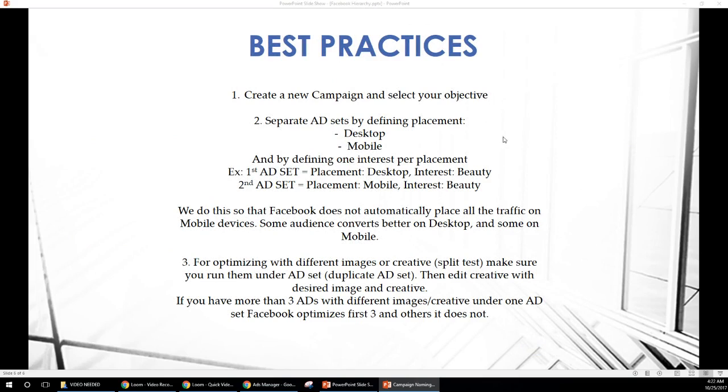That's pretty straightforward. However, you usually want to separate ad sets by defining their placement, right? Whether it's a desktop or mobile. The really important part about the mobile is that if you do not split test desktop and mobile, Facebook will automatically send majority of the traffic to your mobile device. It's just where their real estate is. They know the majority of their users